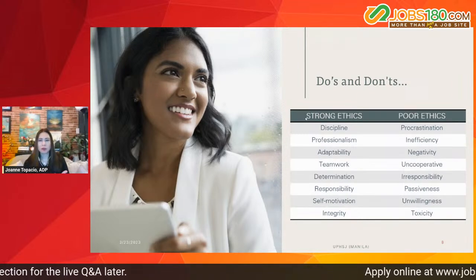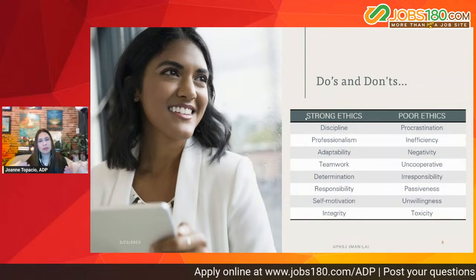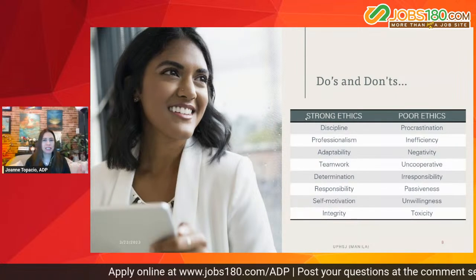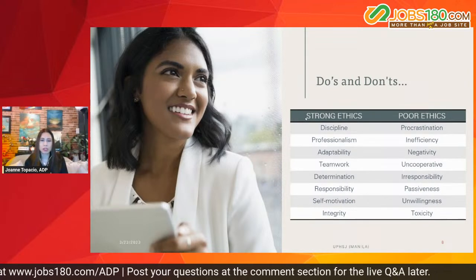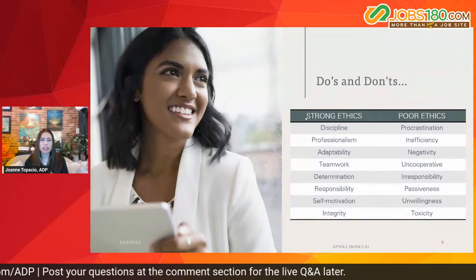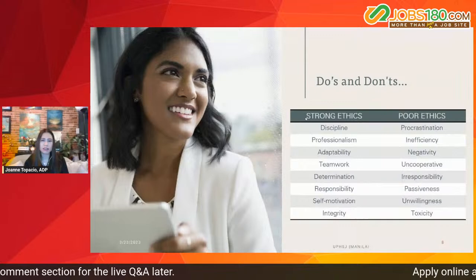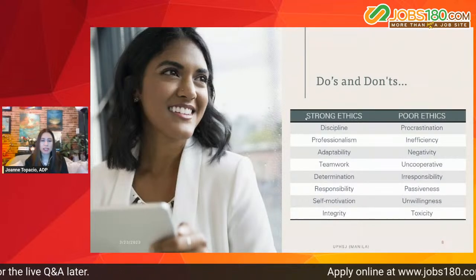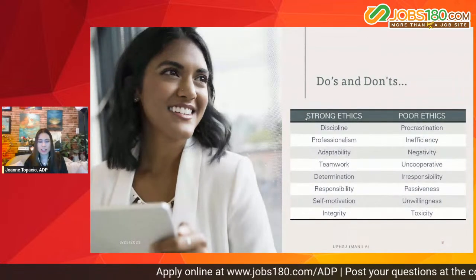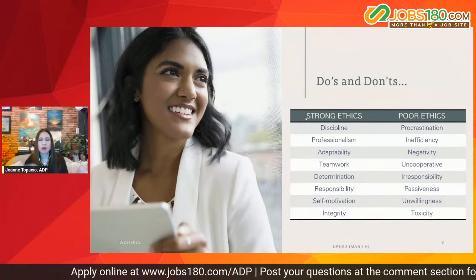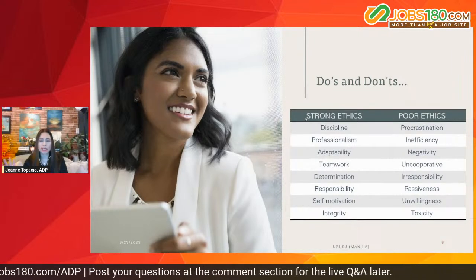Na ikaw ba yung team member na pag sinabi, nako, nag-meeting tayo tapos hindi na naman nag-ambag si ganyan-ganyan sa project, di ba? So we don't want to be known as that person. Next is determination. So we have to really set a goal so that by setting goals, you know where you're going to, di ba? On the other hand naman, being irresponsible, letting things go wrong, knowing na you see it